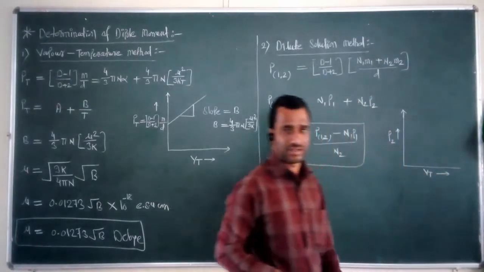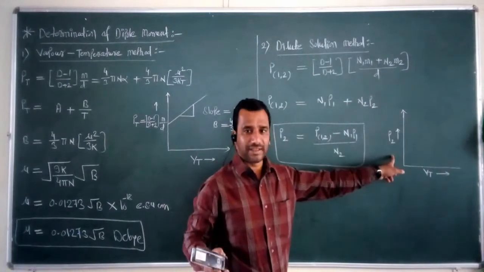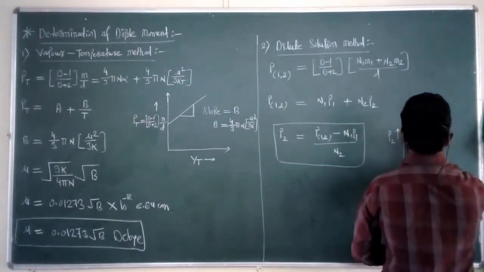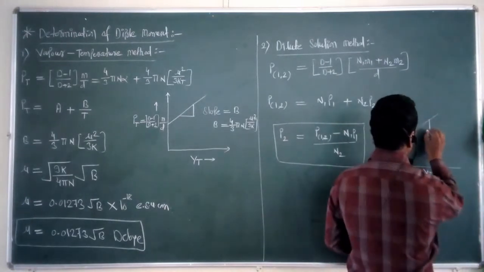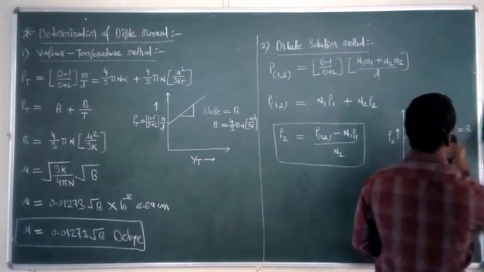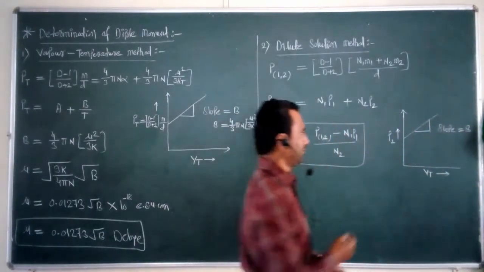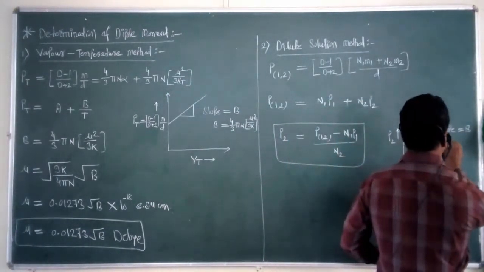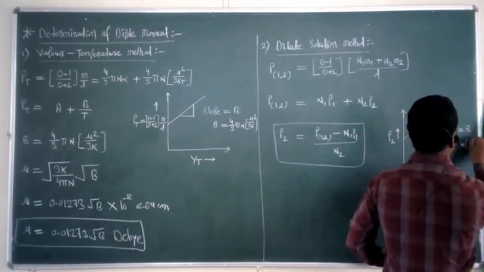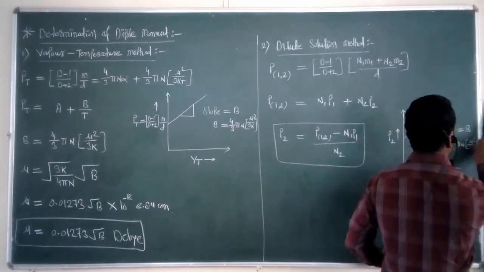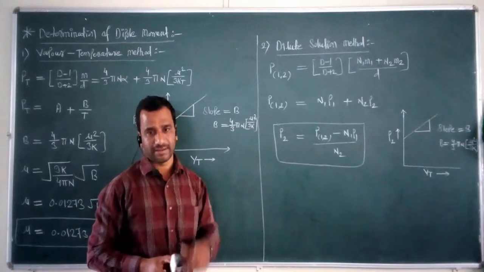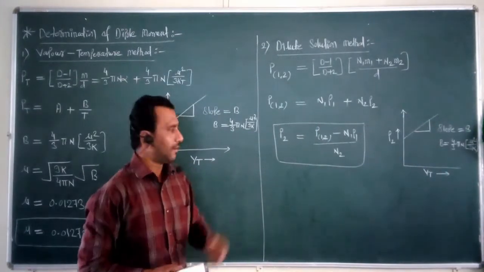So again we have to plot a graph of the molar polarization of a solute versus 1 upon T. In this case also we get a straight line with slope again equal to B, and we know the value for this B also. This B is equal to 4 by 3 pi n mu square upon 3k. So again the same type of values we get from the slope of the second graph also, and it is very simple now.